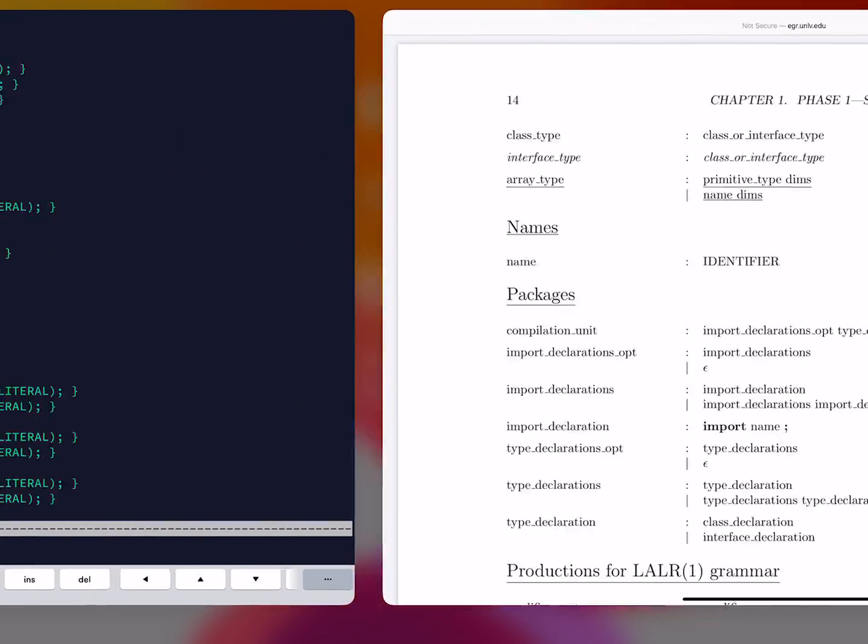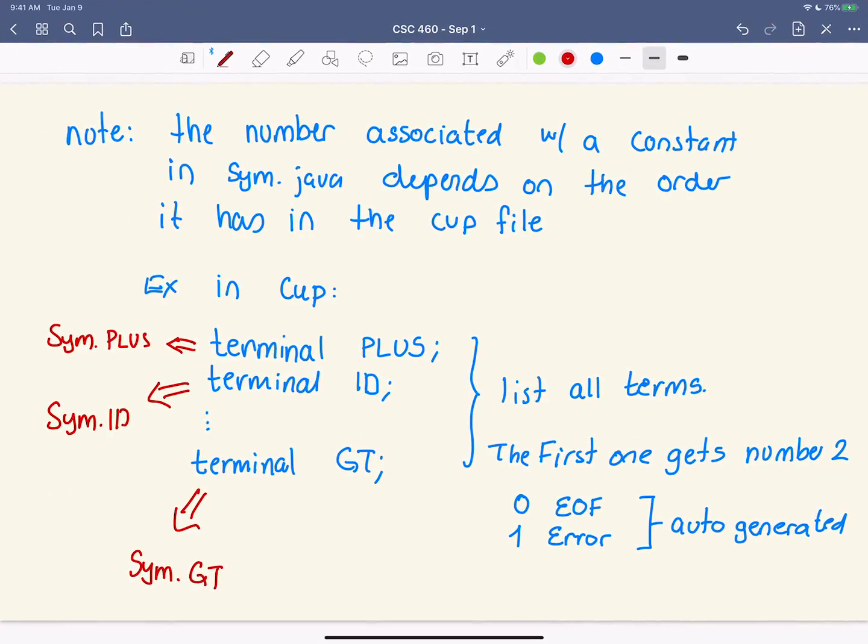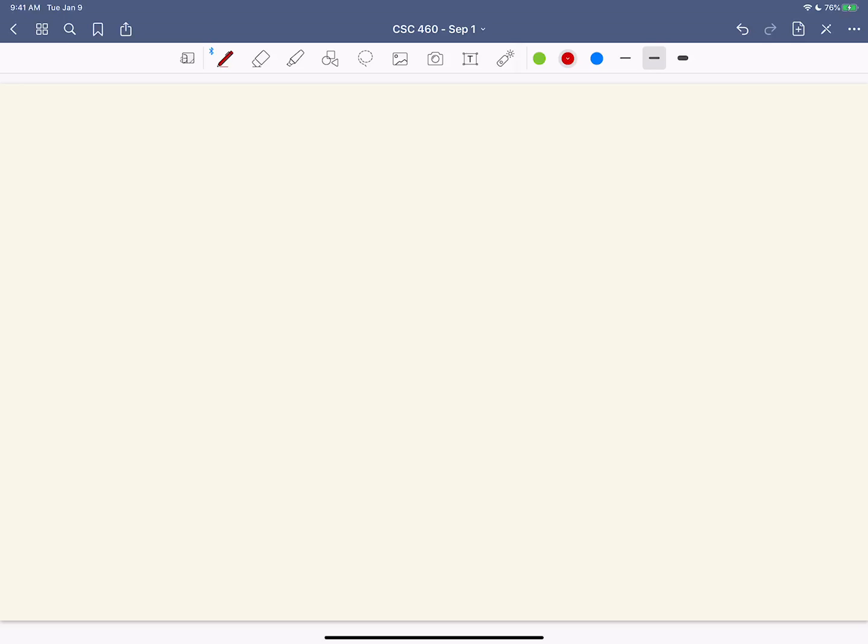So let's just write a quick work list here with the right pen. So step 1, find all terminals in the grammar.